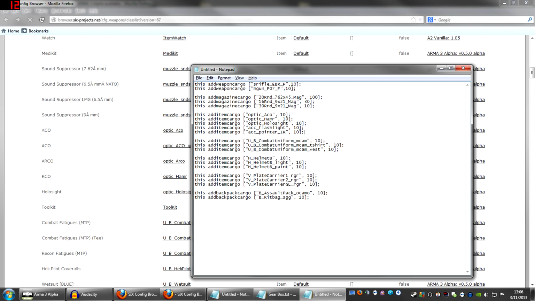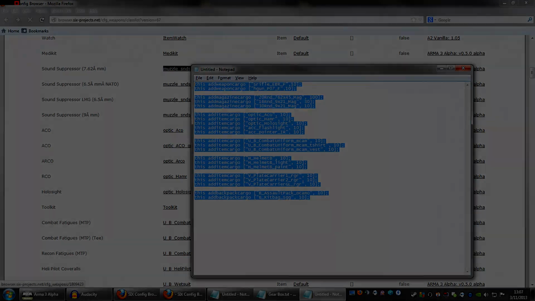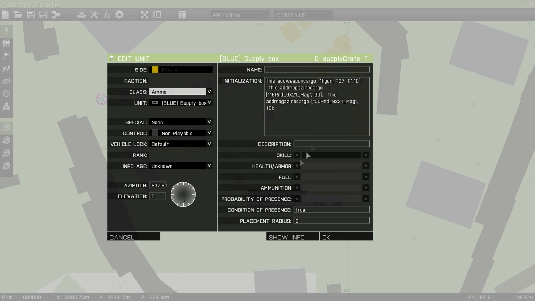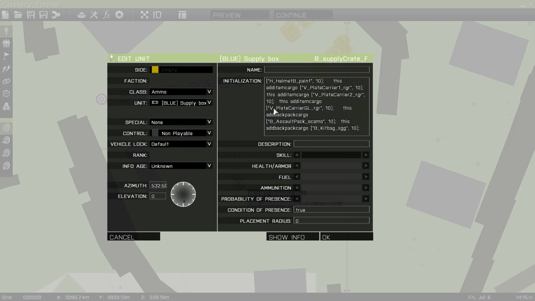like in game. So we've got 10 rifles, 10 pistols, magazines for each, optics and attachments for the rifles, 3 different types of uniform, 3 different types of helmet, 3 different types of vests, and lastly 2 different types of backpacks. So let's copy this all and tab back into game. So here's a supply box. Select everything and delete it,